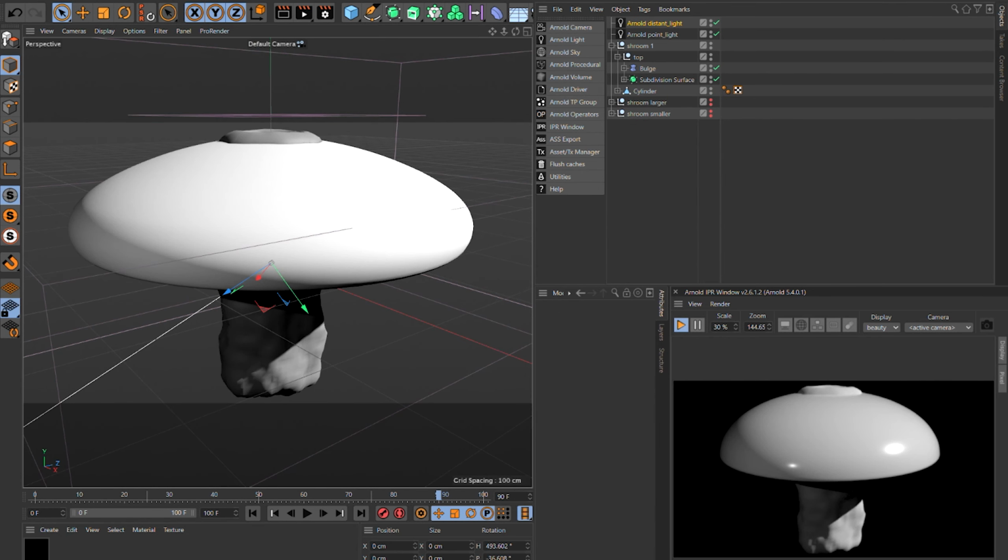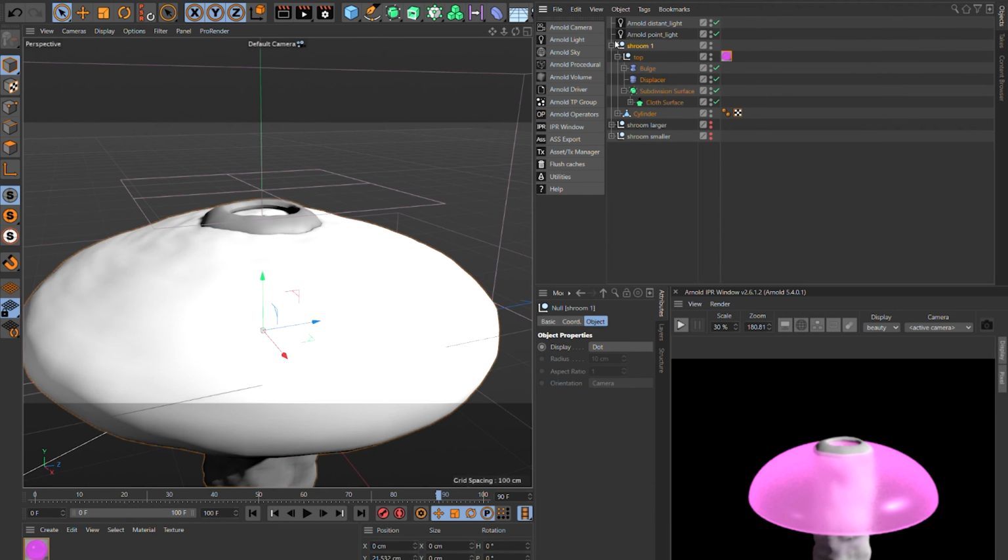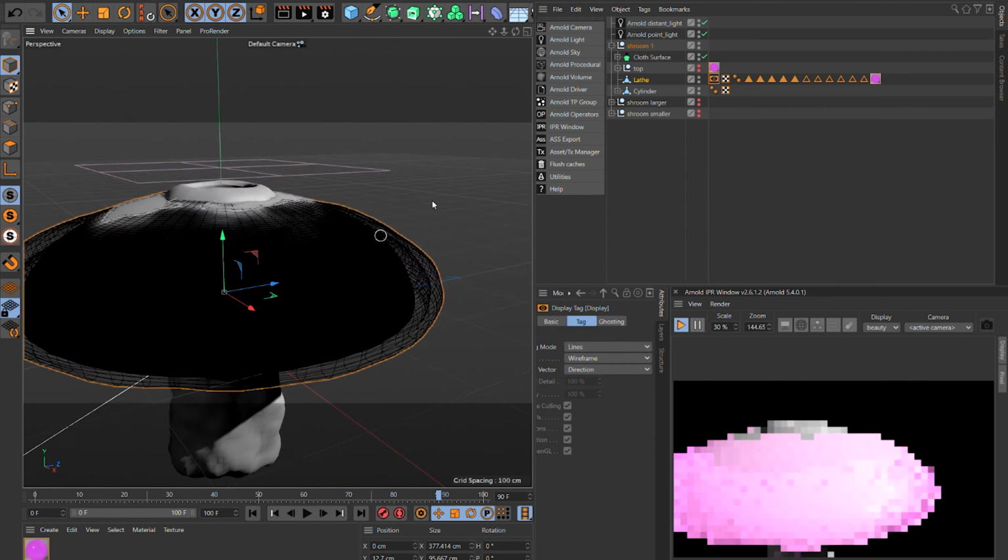And now we're just messing around with some of the materials in Arnold there. You can see the interactive renderer that I was talking about in the bottom right here. So we're just getting a kind of glowing material, making sure it's nice and translucent.